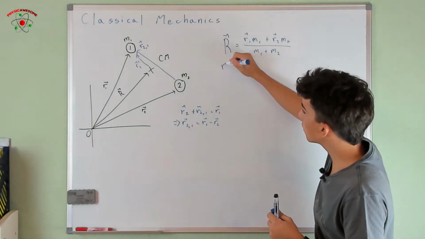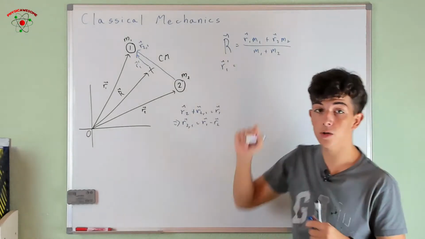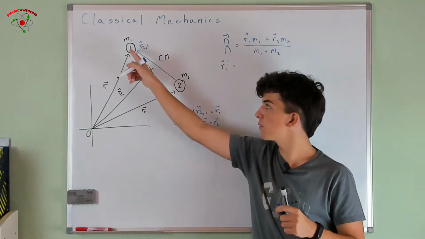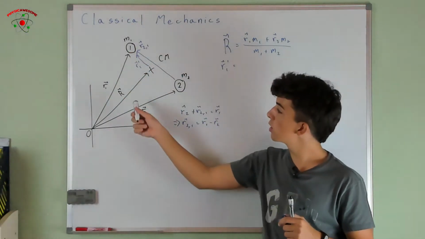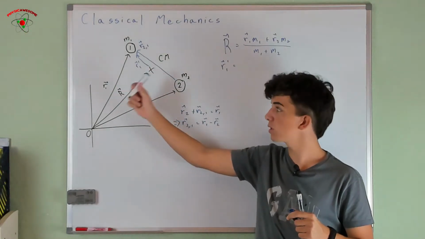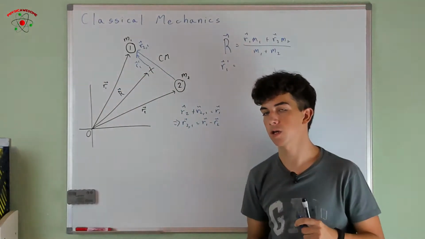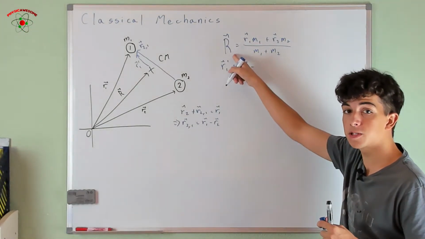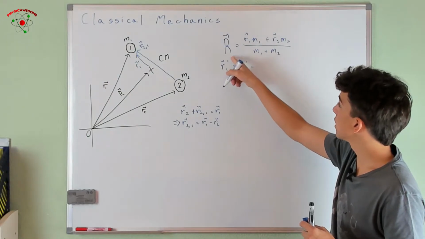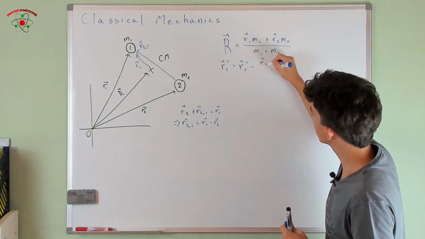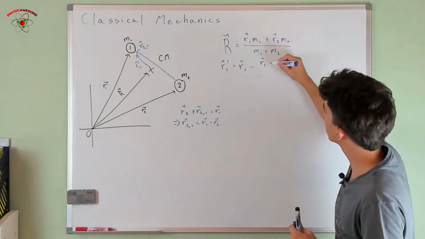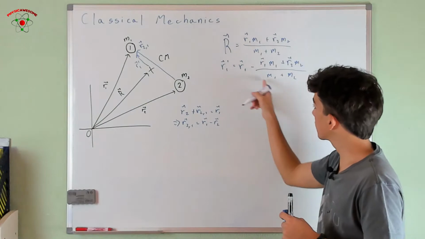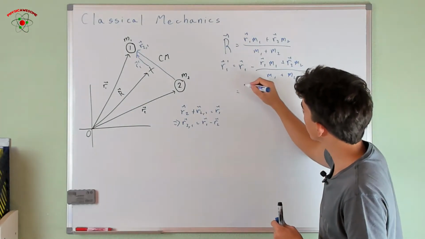And R1 prime is going to be equal to R1 minus R. As you can see from this vector triangle, R plus R1 prime equals R1, therefore R1 prime is R1 minus R. So R1 prime, and I'm going to substitute directly this R, sorry, this is not a prime. Knowing this, we can combine them and we get